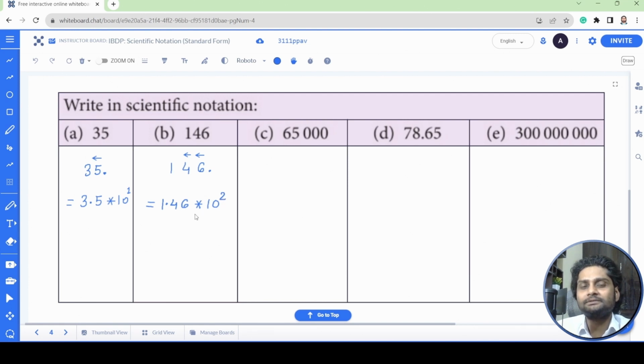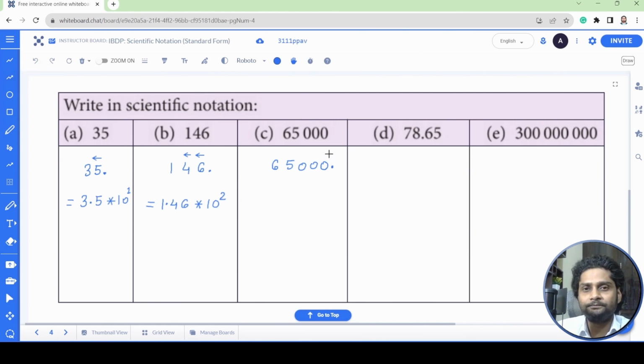This is the special symbol that I use for multiplication, so don't worry about that. You can still use an X. That's still okay. Alright, now we got such a big number here. It's 65,000. Not very big, but it's considerable. So 65,000. Okay. Again, if there is no decimal present in the number, you can always assume it to be